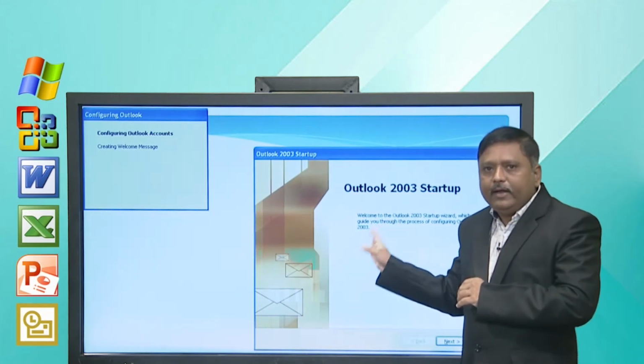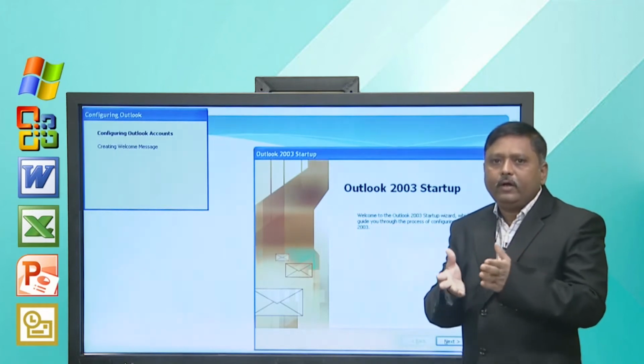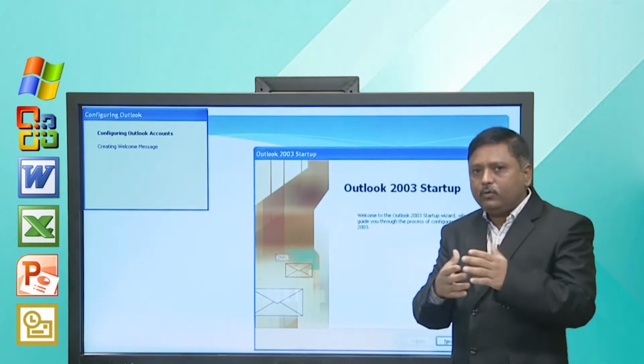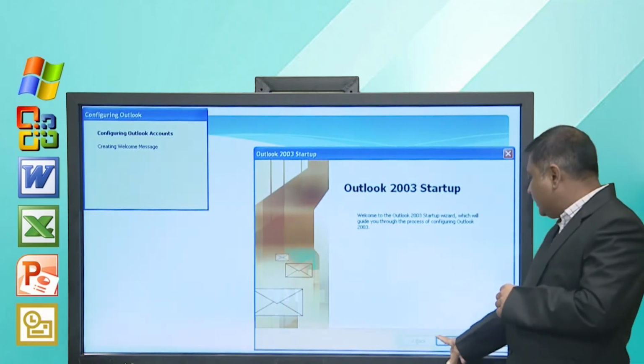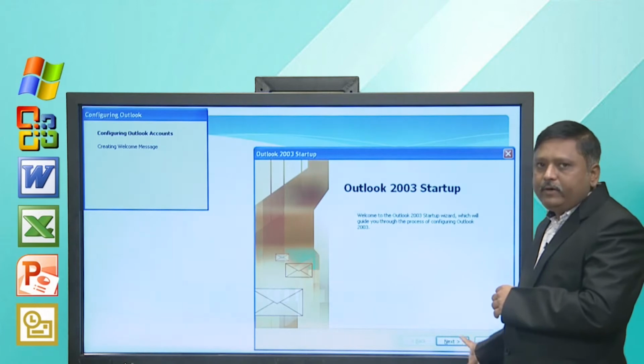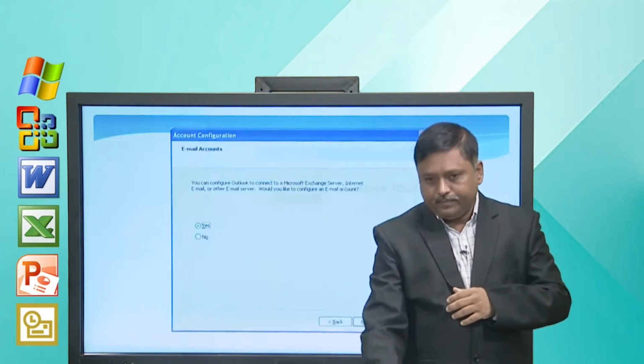It guides you on how to configure your account in Microsoft Outlook. So, here you have to press the Next button. You can see there are Back, Next and Cancel buttons. You have to press Next. So, it will guide you to the next step.